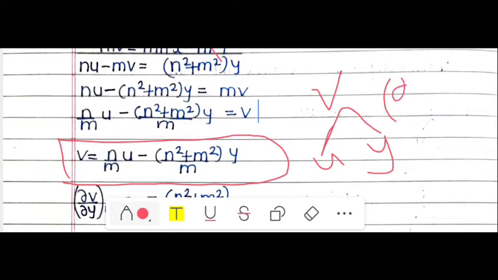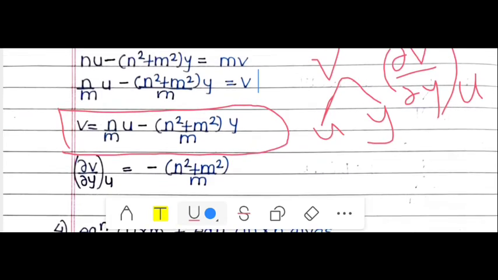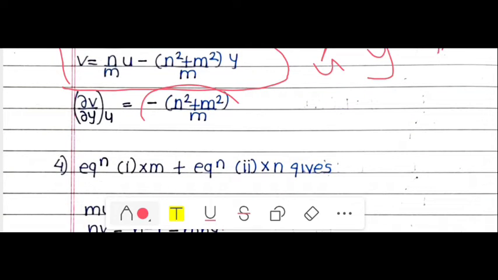So here we find the partial derivative ∂v/∂y by treating u as a constant. So here the derivative we get is minus n square plus m square upon m. So fourth one,